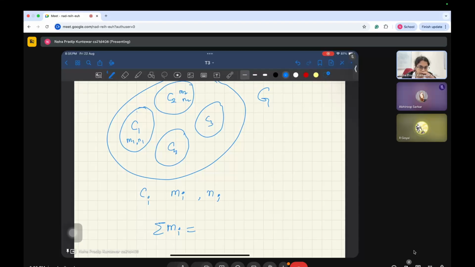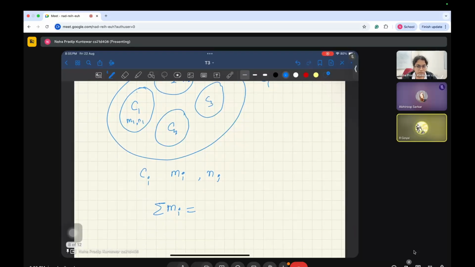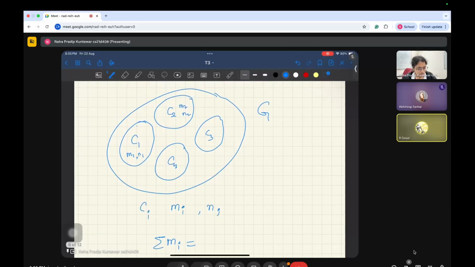So this is the sum of the edges of all the components. I don't remember exactly, but the sum of the degrees of the vertices is equal to twice the number of edges. There used to be a theorem. Yeah, that is correct, the handshaking lemma. I just want to relate it to, let's say, the graph G has m edges and n vertices. So I want to relate this with